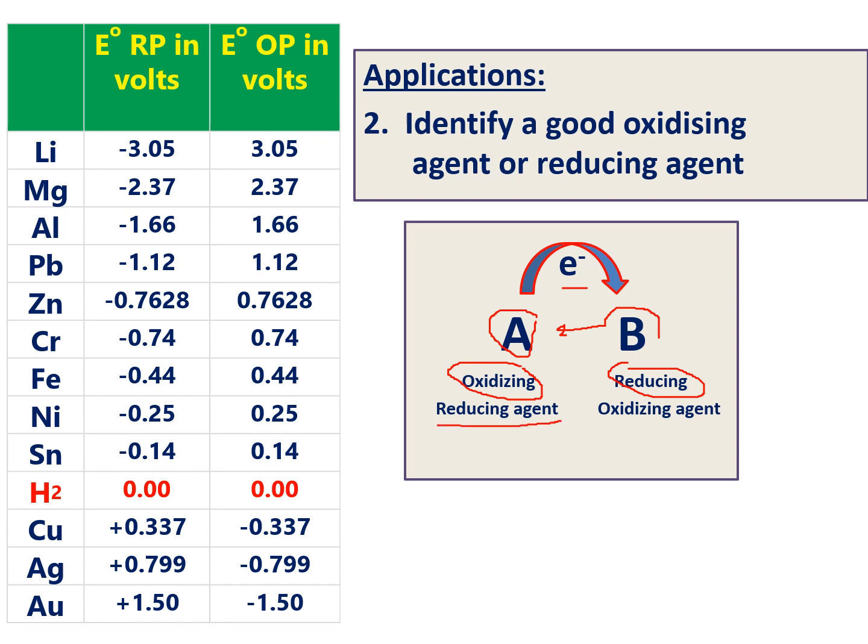Don't confuse. Reducing agent means it reduces the others. Here A reduces B, but A itself is involved in oxidation. A is involved in oxidation, but it reduces B. That's why it is called a reducing agent. That means a good reducing agent should easily undergo the oxidation process. Remember it: a good reducing agent is always involved in the oxidation process.